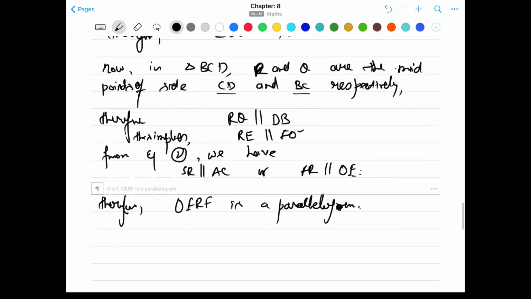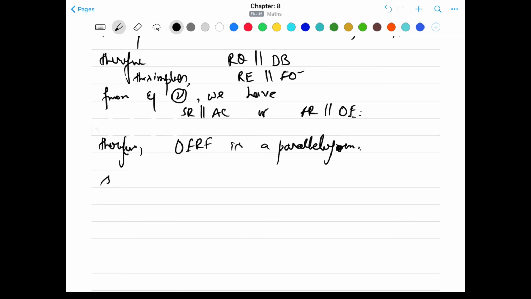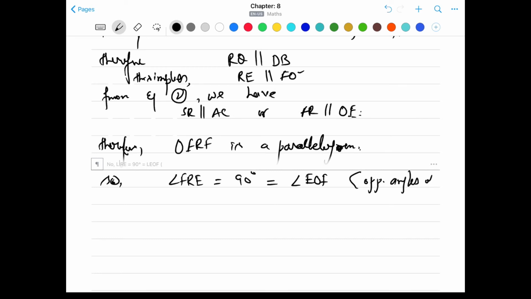So we can write angle FRE is equal to 90 degrees, and that will be equal to angle EOF, because they are the opposite angles of a parallelogram, and we know that opposite angles of a parallelogram are equal. Thus PQRS is a parallelogram,